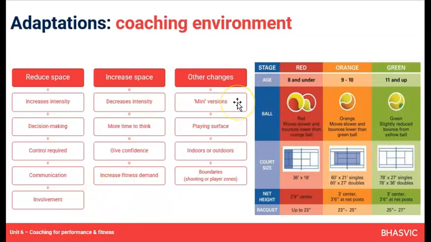Remember, we've got the mini versions, mini tennis, tag rugby, indoor football, 3v3 basketball, it's called mini basketball. All of those environments played on a smaller court, 3v3 is played across court, are inclusive, are really ways of maximising involvement and engagement. The playing surface can also change the intensity as well. If you play indoor football or indoor hockey, the ball travels incredibly quickly, and so again that would increase the intensity, increase the need for quick decision making and reactivity, and your need for control.